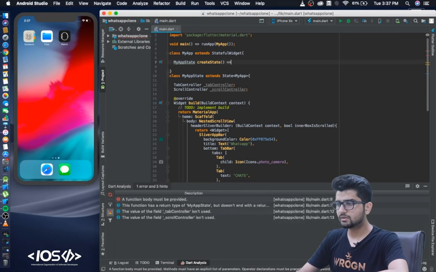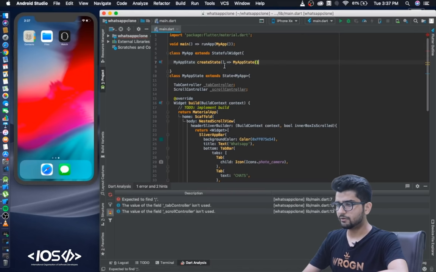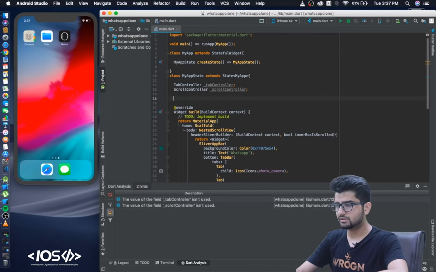And we should return the state of the my app. Cool. Now we have our controllers, we have defined the stateful widget, and we just need to define these controllers, so we will use the